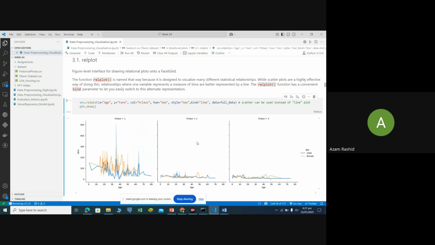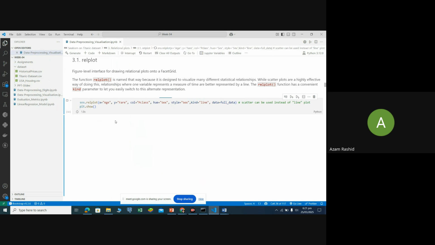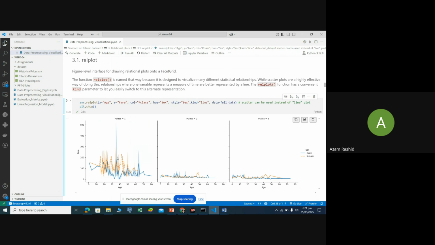And after that we apply a relplot. This is also a plotting of different classes at a time. First we apply age, and secondly we apply fare. This is basically a comparison between two or more classes. And in case we make a comparison of three types, like age and fare comparison,